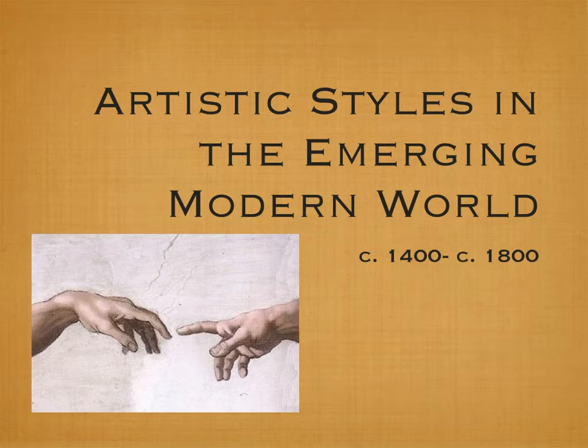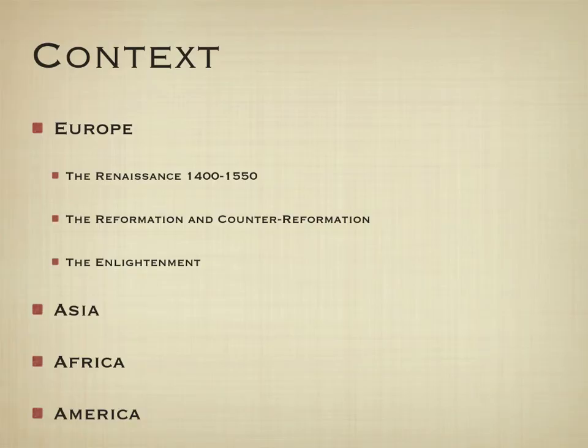So in Europe, we have some major events in this time period. We have the Renaissance from 1400 to about 1550, and we'll discuss this in more detail later on. But what happens with the Renaissance? We're moving out of the Middle Ages, out of the Gothic. And what happens is we have a rebirth in the understanding of human beings. Those texts of ancient Greece and Rome that had been lost during the Middle Ages make their way back over to the Western world. And because of this, we're going to see this new resurgence in the interest in the role of man.